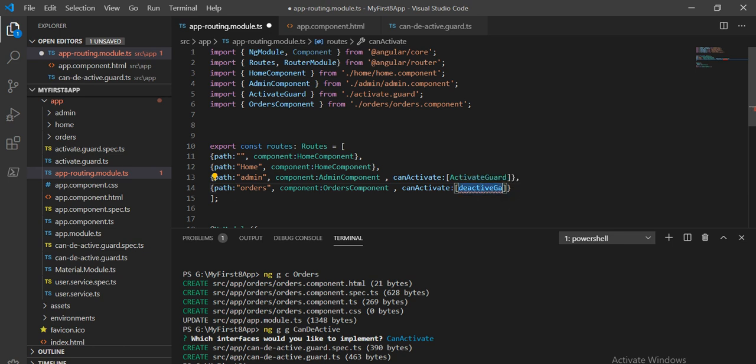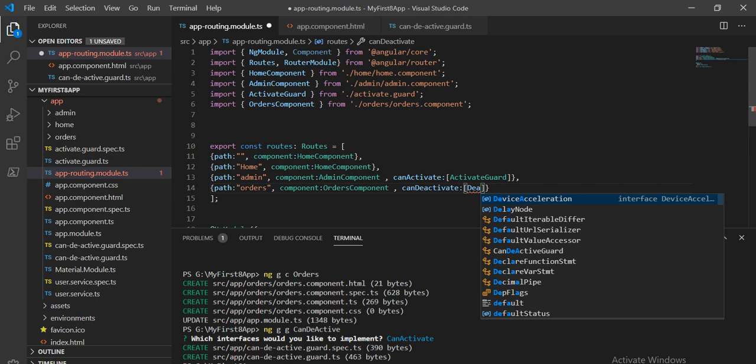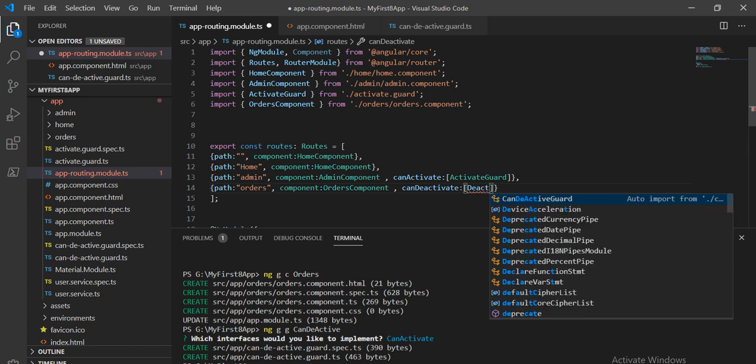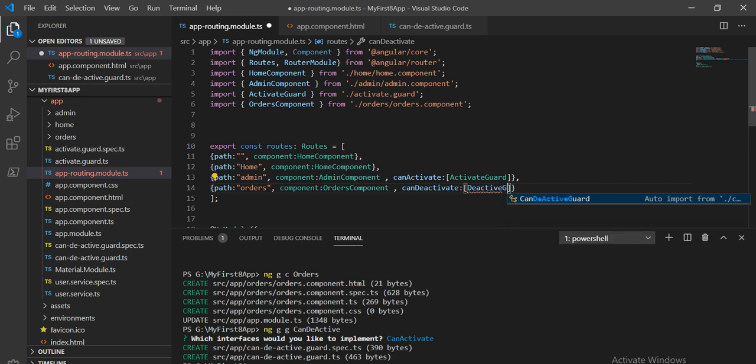It is not coming up here because first we have to change it: first we write can deactivate, and inside this I will take a guard like deactivate guard.